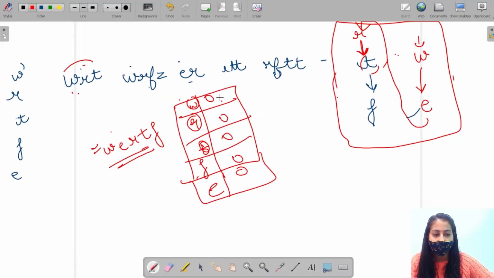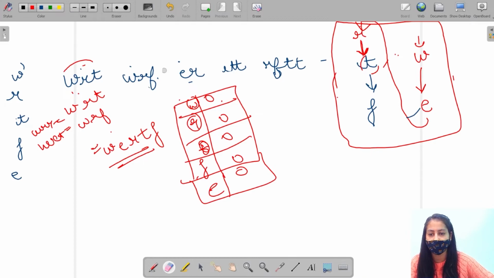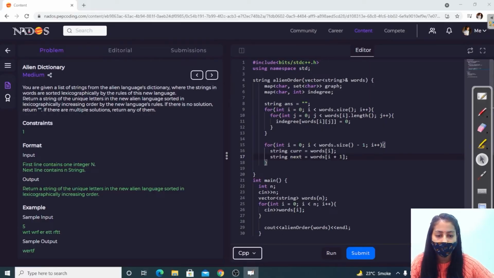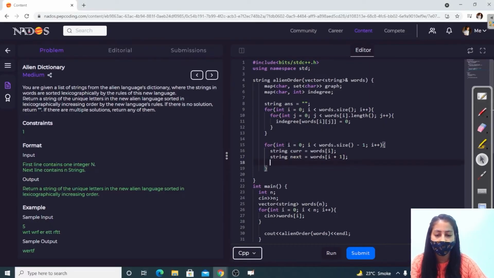Next we have to traverse these words. So this is our current, this is our next, right? We have to traverse these words up till we get the first mismatch character, right?